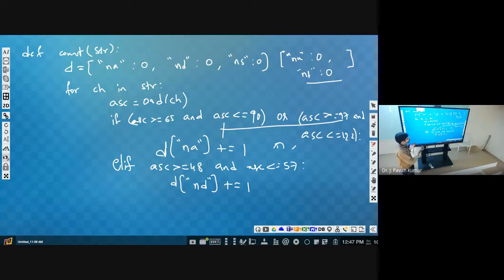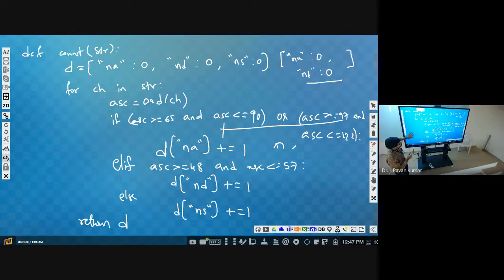You consider all the remaining as symbols only. D of NS plus equal to 1. So this will be repeated until completion of the string. Then you can return D.